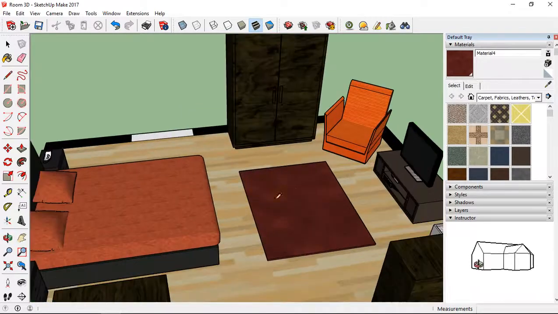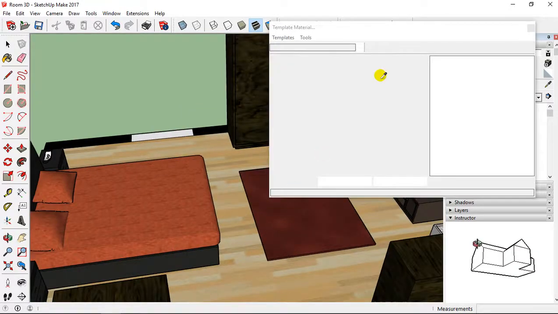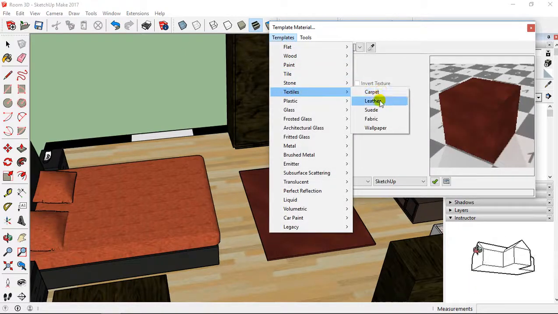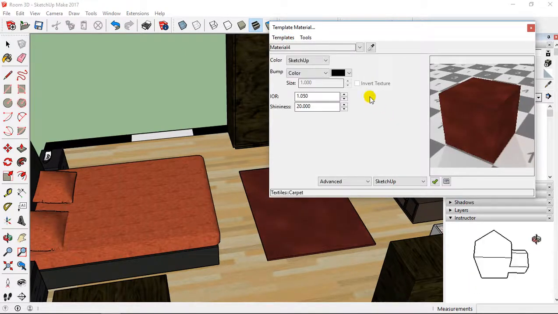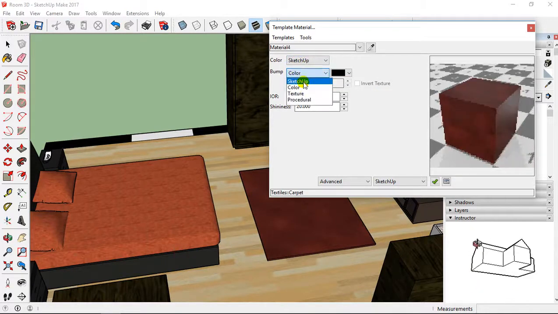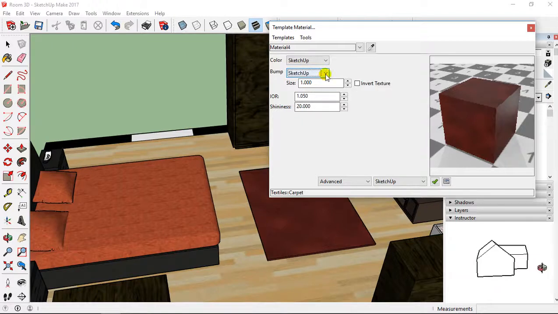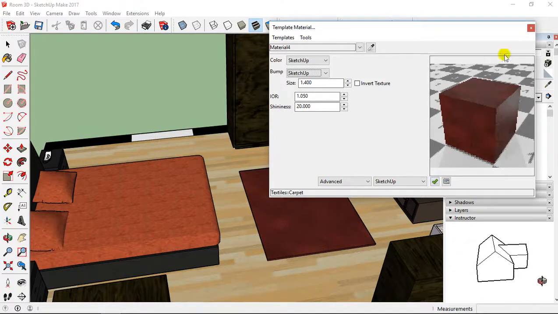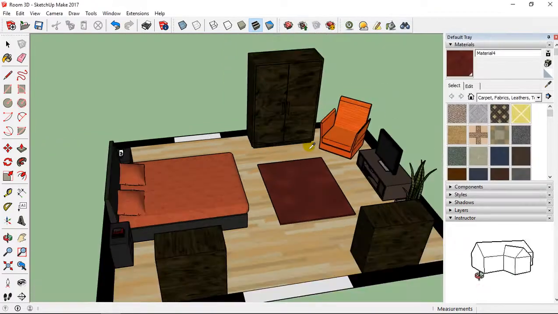We continue. I forgot the carpet. I go on template, textile, carpet, and bump, SketchUp, like this. And I can validate.